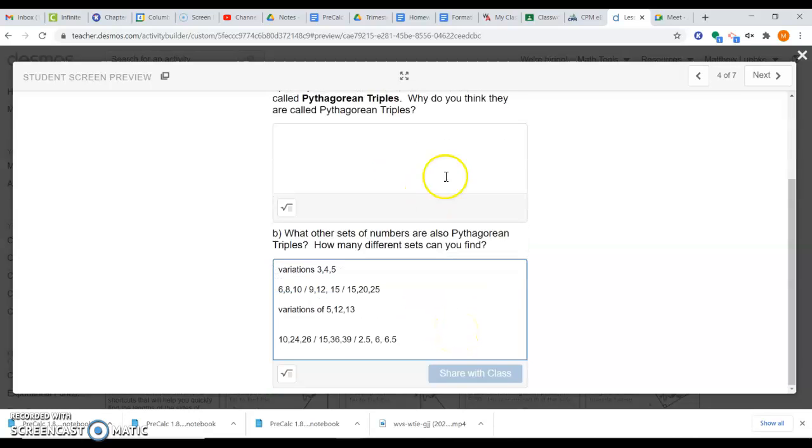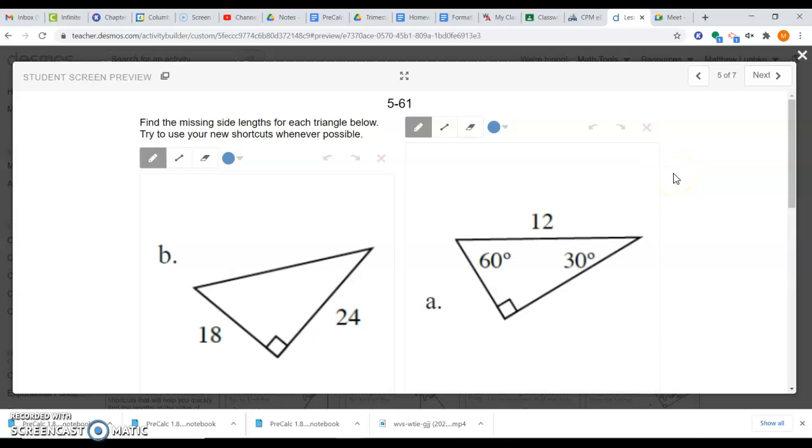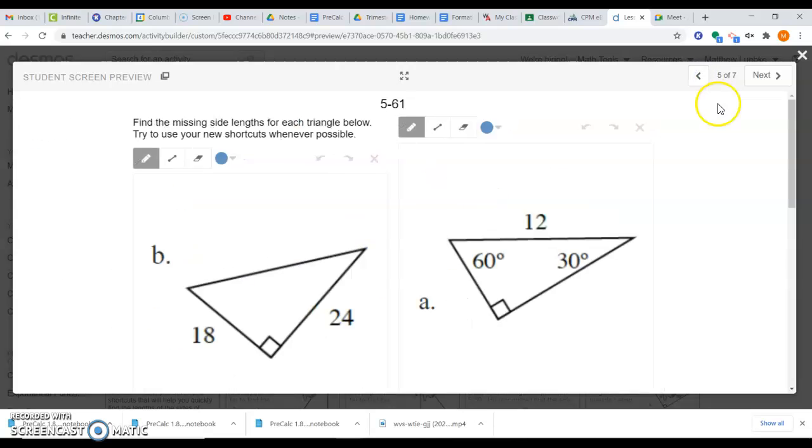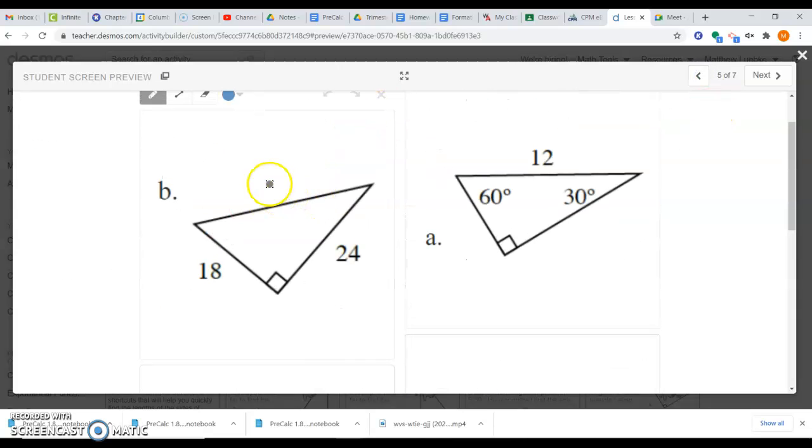Okay? And so to keep an eye out, and I'm not going to go over many more in this because I'm already at 8 minutes, and just to see me do more examples isn't going to help. You got to work through 5, 6, and 7 here. In 5 and 6, you have to just solve for your missing sides. I mean, in all of them, you need to solve for your missing sides, but use your shortcuts to do